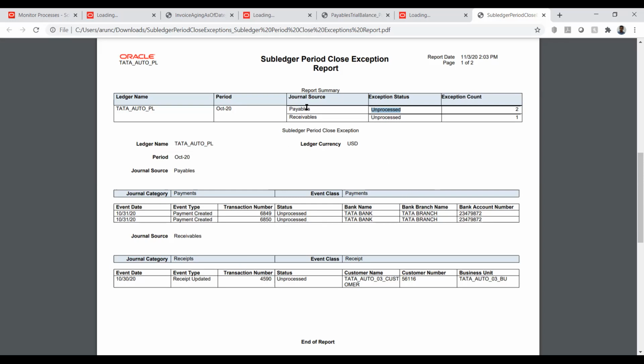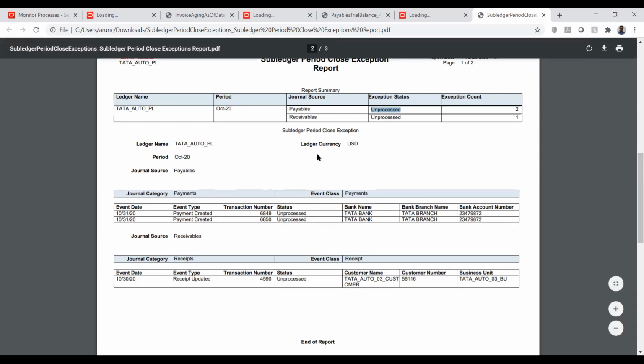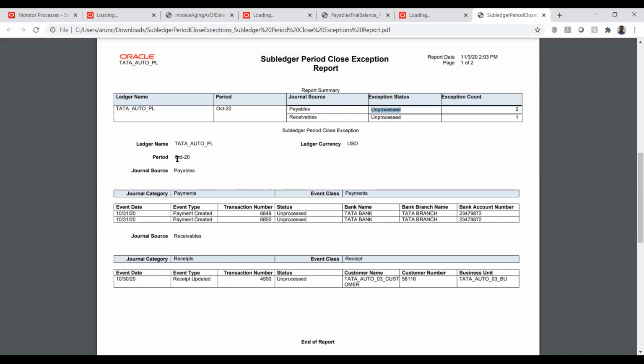So what we can do is filter it with the journal source, either payable or receivable. We will have it in the parameter, so in the parameter we can segregate all those things and the period. In this case, since we configured this particular setup only in October, that is why I kept this as October to November. Similarly, based on the requirement, we can give that.